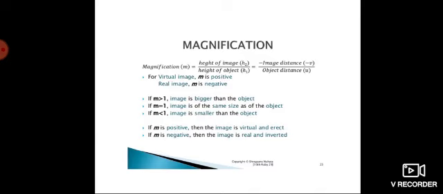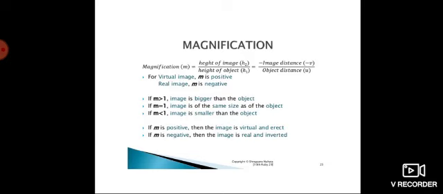But while doing it, we have understood that at different positions, it is not necessary that the image formed is always of the same size as the object. Sometimes it forms an image much smaller than the object, sometimes an image bigger than the object, and sometimes in some position you may get an image of the same size as the object. So compared to an object, to what extent is the size of the image changed, how big or how small? This change in the size of an image compared to an object is given by magnification.